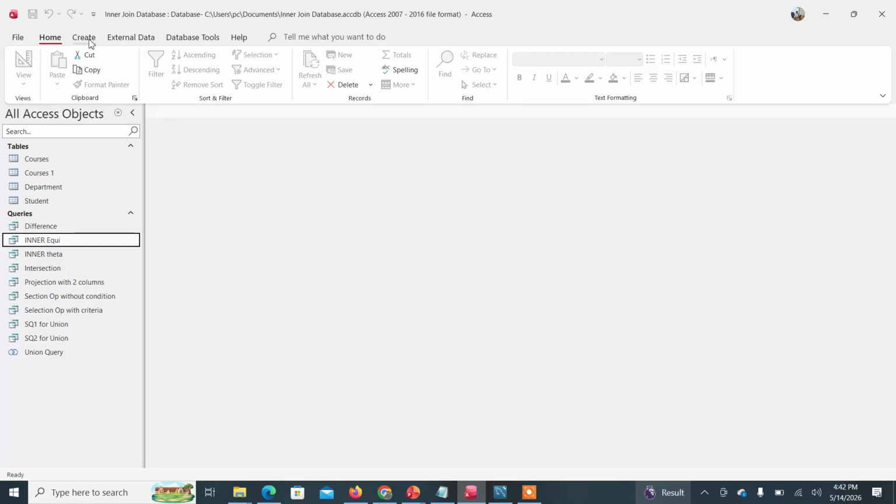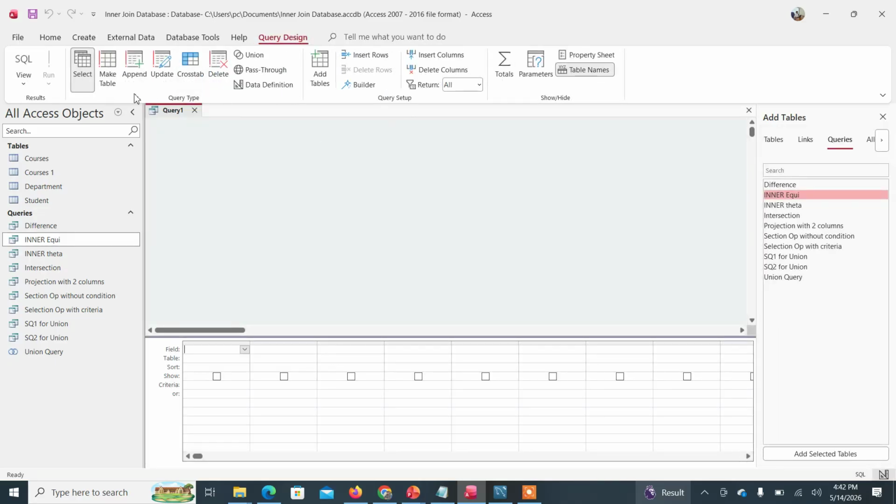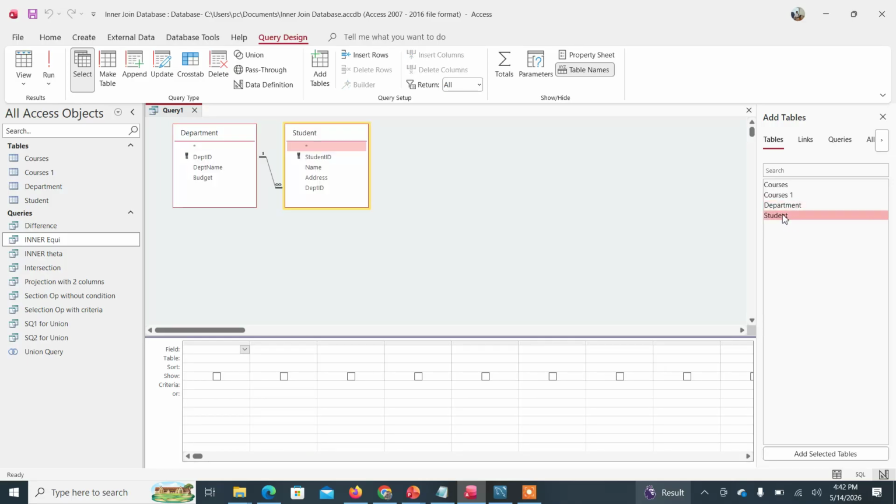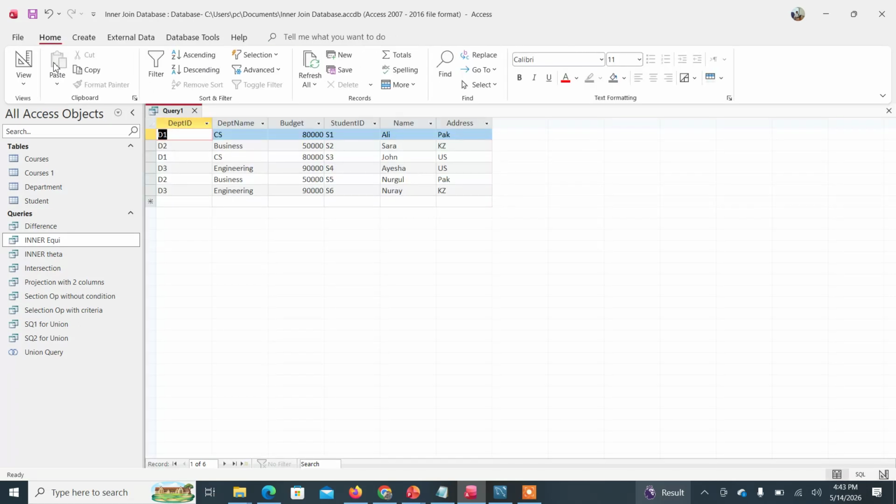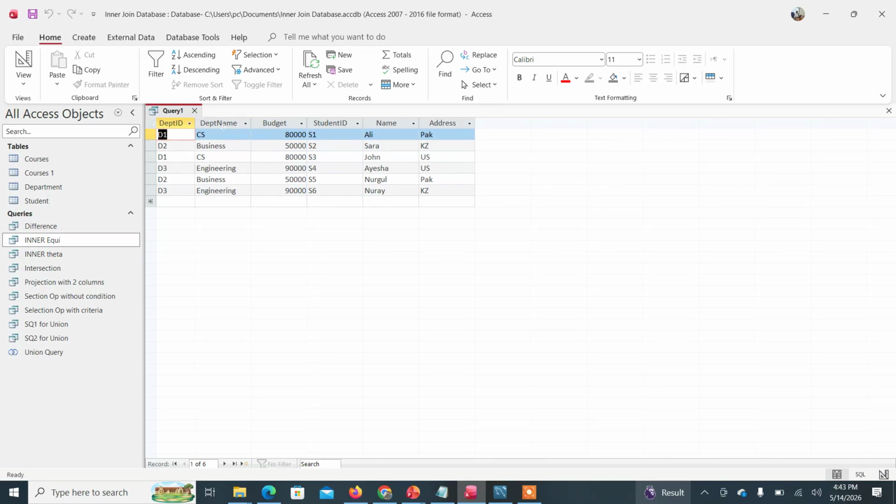For example, I'm going to create the query again, and in query design I am adding the same two tables, department and students. But in this case I will be adding these attributes manually rather than using the all attribute, and will exclude this repeating column. When I run it, we can see that the department ID attribute is retrieved only once, not twice. So this is the natural join output in MS Access,